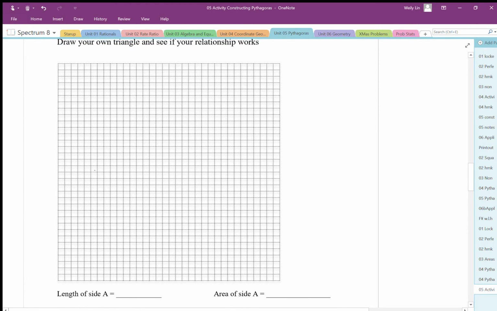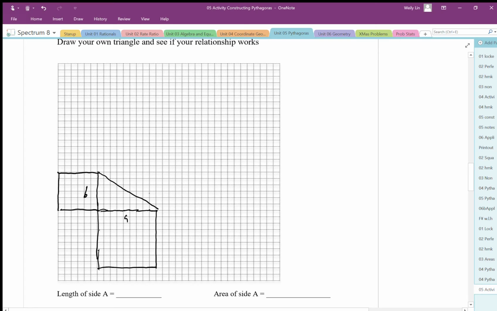So I'm going to make this one 5 or 6, and let's go 1, 2, 3, 4, 5, 6, 7, 8, 9. Let's go 6 and 9. I'm going to have 6 and 9, and I'm going to make my square here. I'm going to make a 9 square. Oh, this is not a very nice looking triangle. Okay, so I'm going to make a 9 square off of this side, sorry. I'm going to make a 6 square from this side,